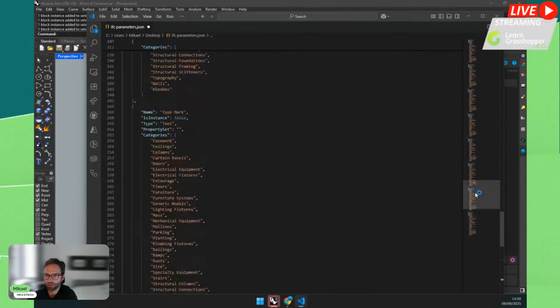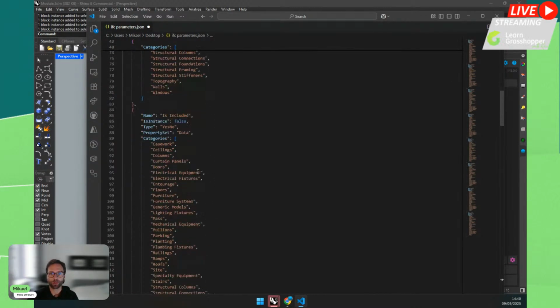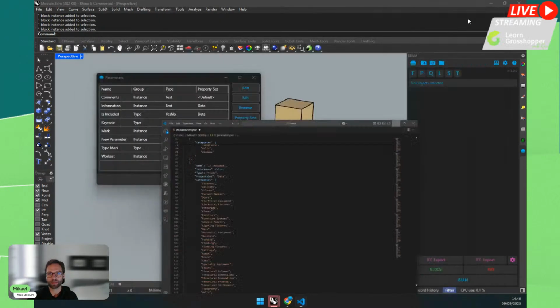As you can see, all the parameters that I have created, Beam, the categories associated with them, the instances, etc., are added in this file. You can also manually generate this file. To create a list of parameters to import, you just have to follow the schema. You have to have the name, its instance type, property, all of these the same way. And we can use these to export and import parameter sets to new files.